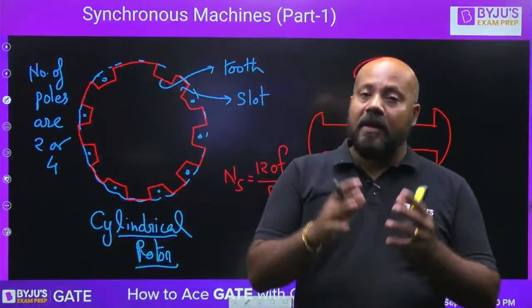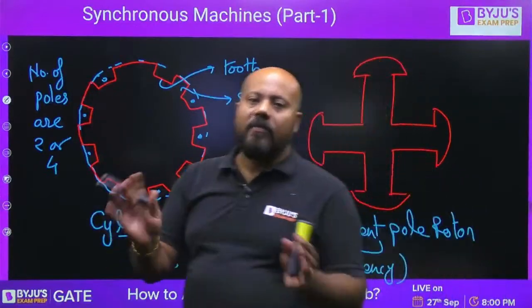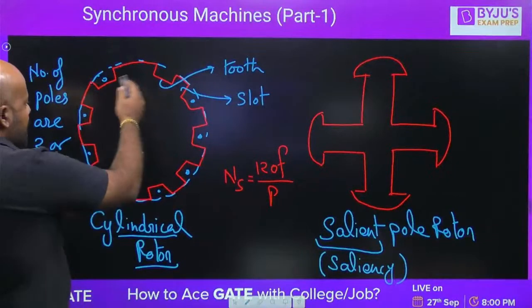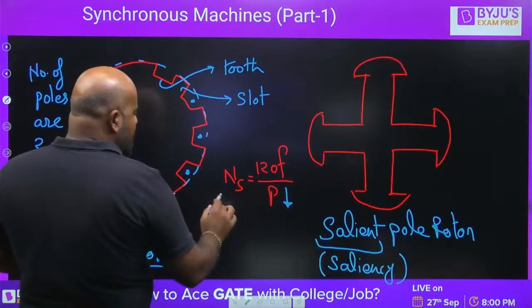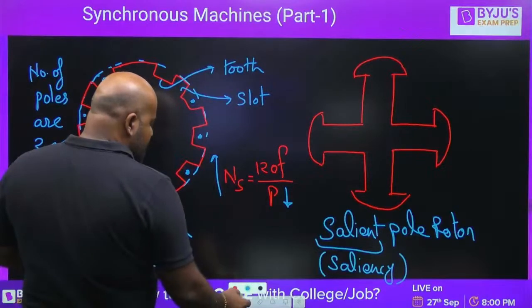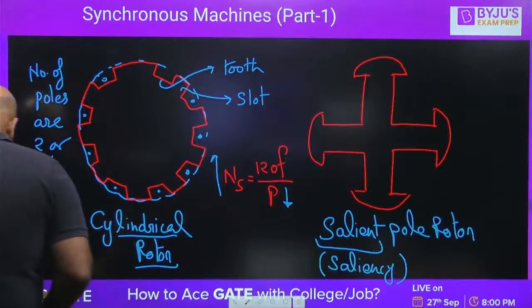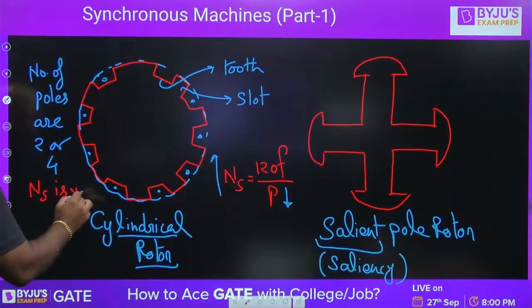So for a cylindrical rotor, the number of poles is very small. If the number of poles is very small, the synchronous speed is going to be very, very high. It means for a cylindrical rotor, synchronous speed is very high,